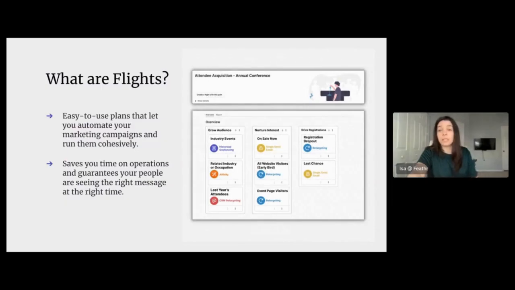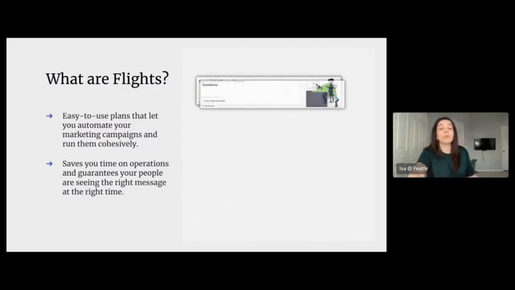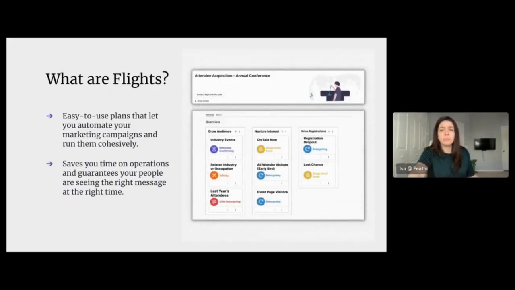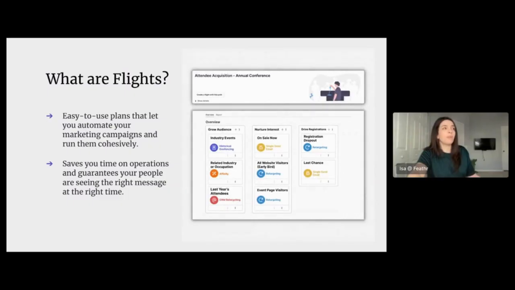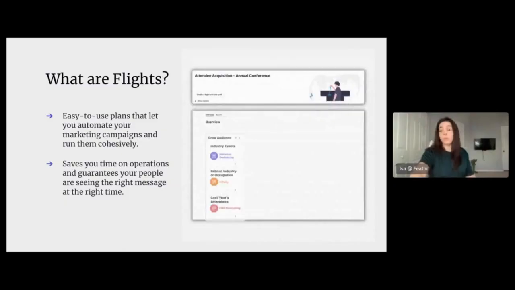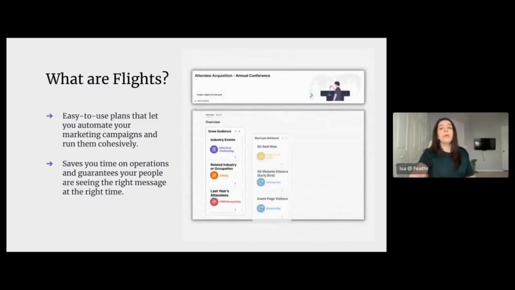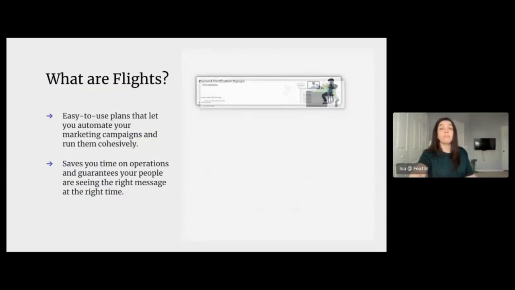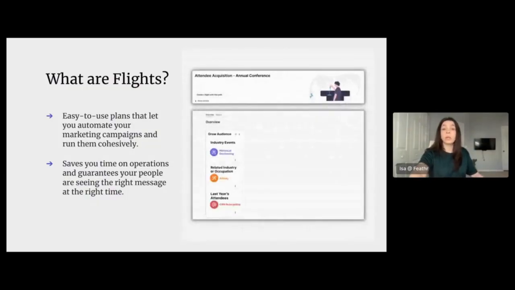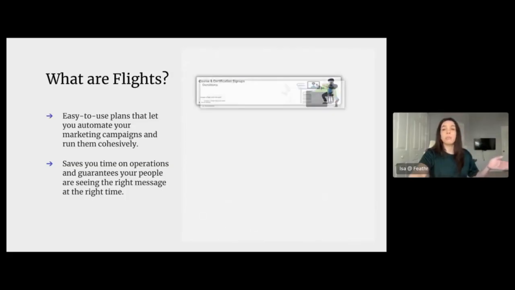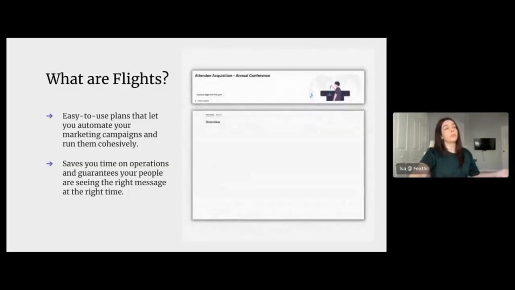And we also have some out-of-the-box templates based on common use cases we've seen for nonprofits and associations, and they're super easy to use. And then just to explain how a flight works and how it makes things automated and easier for you, let's think about end-of-year donations as a quick example. If a person visits your website as a result of a geofencing campaign or an affinity campaign that you ran to raise awareness about your donation drive, for example, that person is now in what we call your reachable audience. And so further along in that flight, you might have a couple of retargeting campaigns